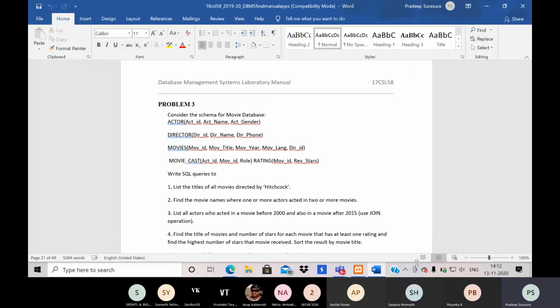First try to understand how the schema is being designed. Actors are different independent entities, directors are independent entities, movie cast is one entity, movies is one entity, rating is one last entity.